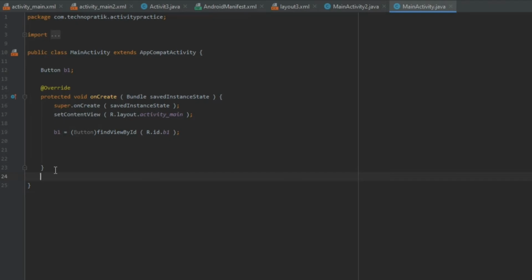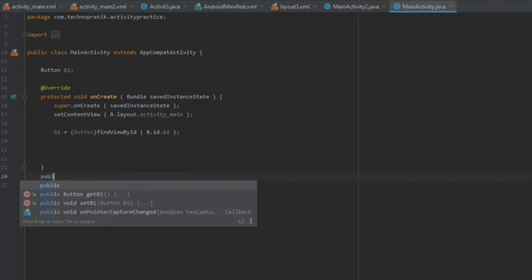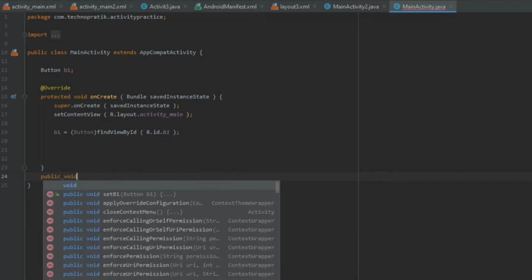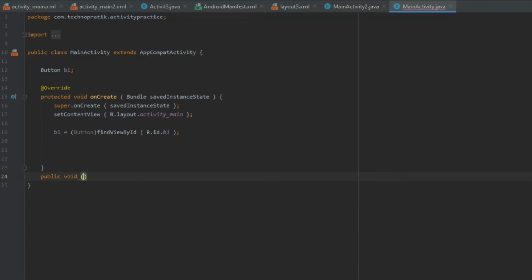Let's make one method, public void, with a View parameter. Oh sorry, we didn't give here a name.